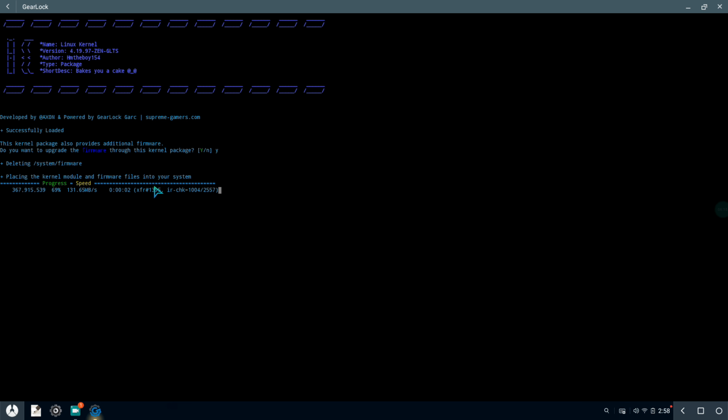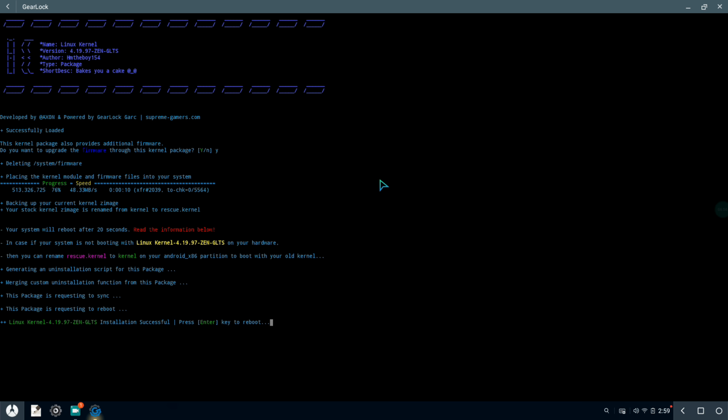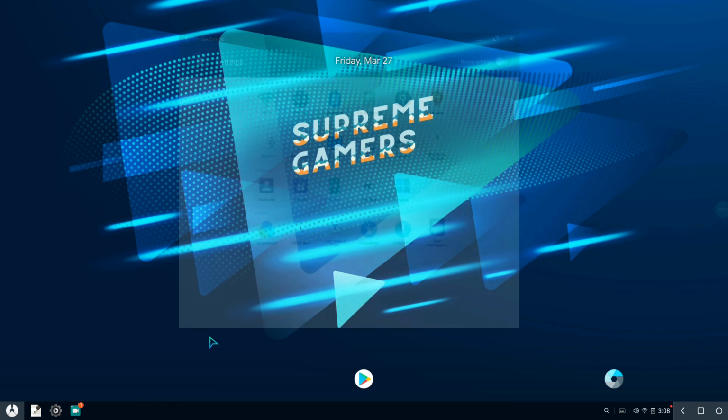Now just wait for the process to complete and reboot your system with the primary kernel. That's one reason why I wanted to show you this kernel installation guide. If you install any kernel from the Gearlock packages, it will always replace your primary kernel. So now, as you can see, we've successfully booted with kernel